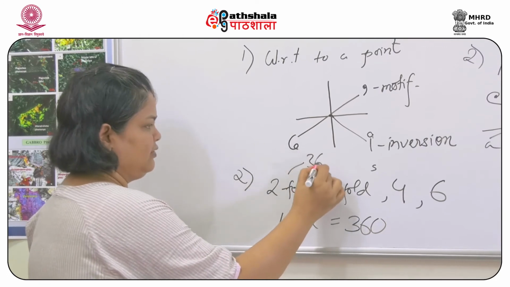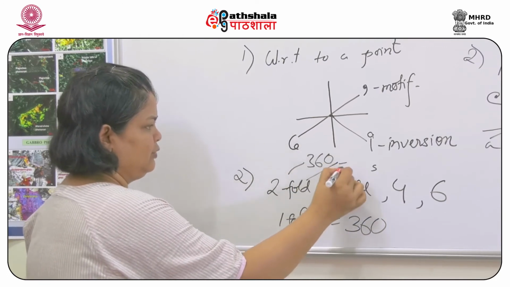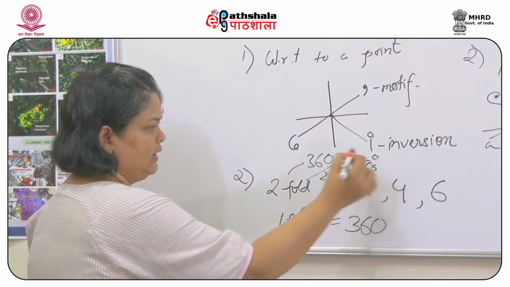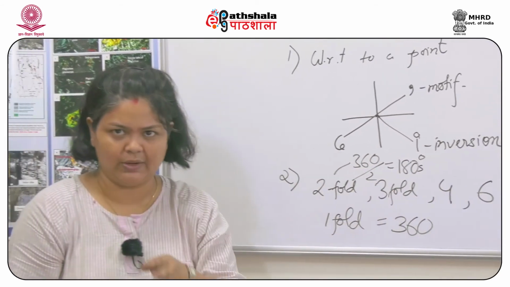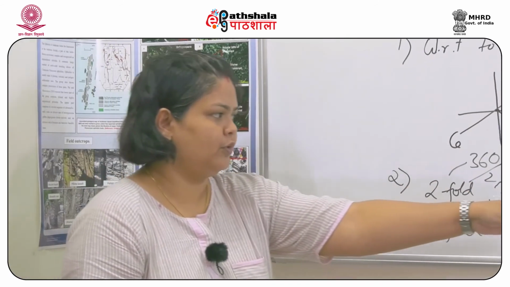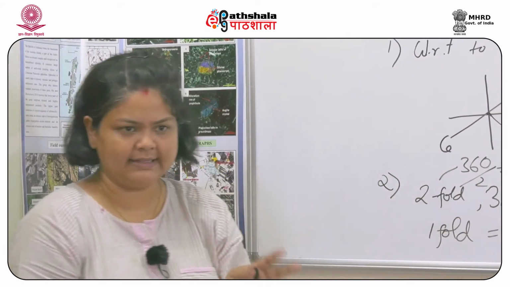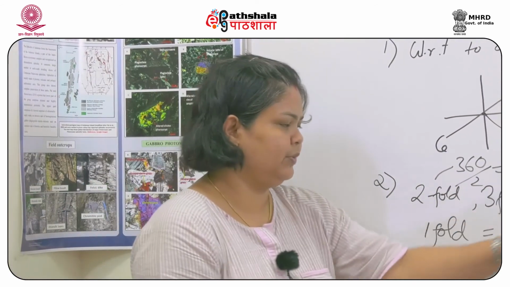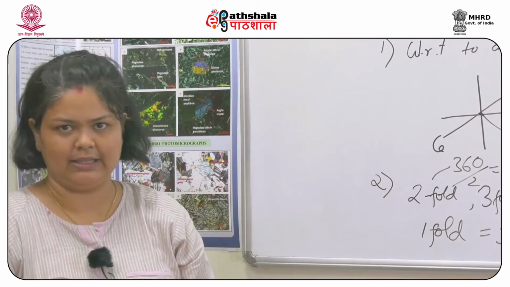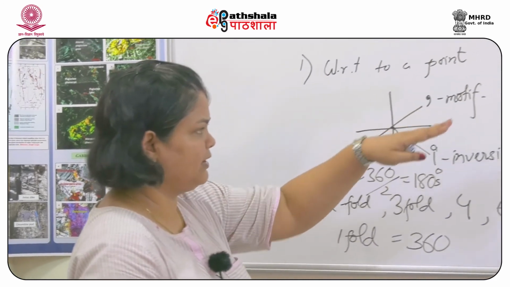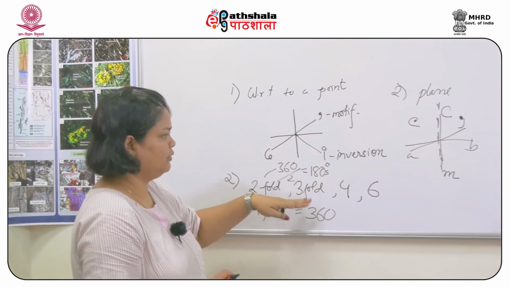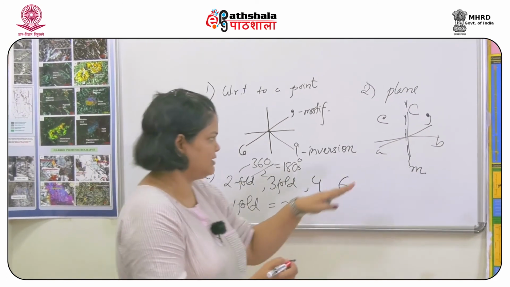For two-fold it is 360 degrees divided by 2, that is, we will have two rotations each of 180 degrees. For three-fold we will have a rotation of 120 degrees each. For four-fold we will have a rotation of 90 degrees each, and for six-fold we will have a rotation of 60 degrees each. Apart from these three symmetry elements, we have another symmetry element, which is called